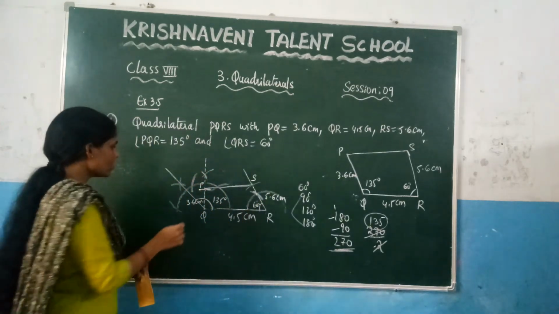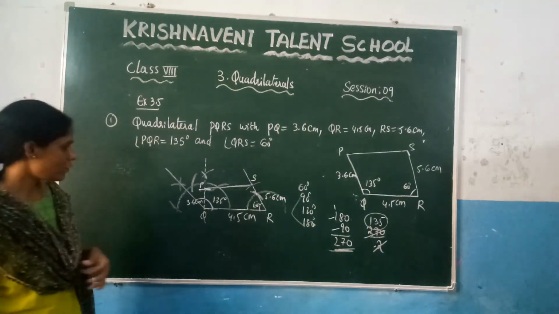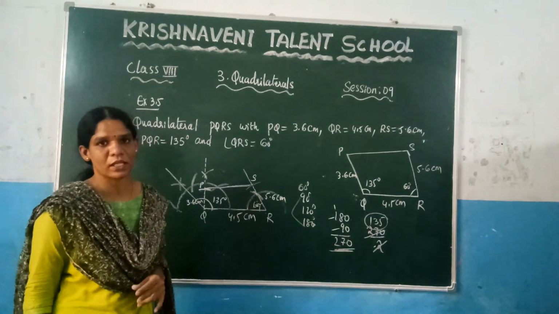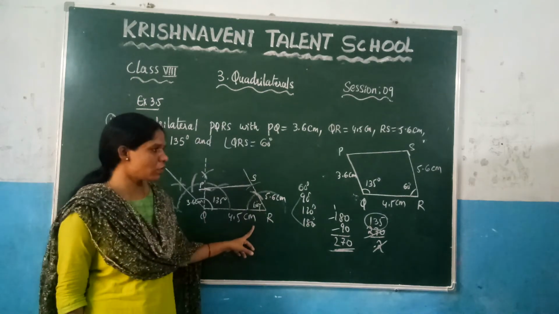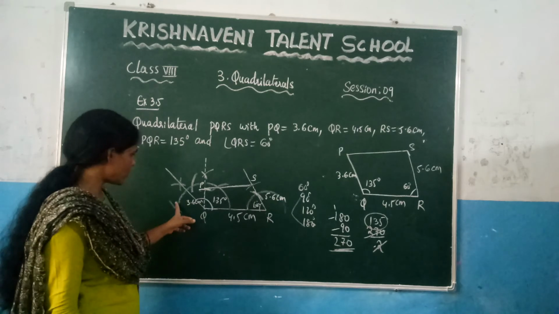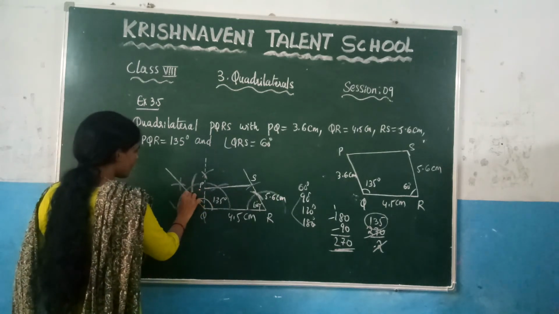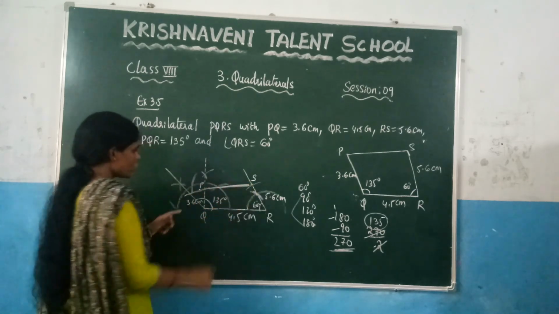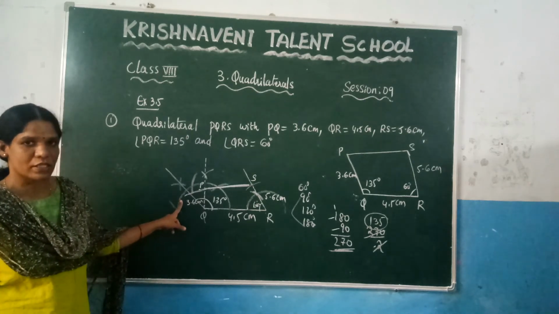Like that you need to construct the given quadrilateral. So we have constructed this quadrilateral without using the protractor. So first what we have drawn? We have drawn the line segment of length 4.5, and after that at point Q we have drawn 125 degrees, and after that, joining 135 degrees, we have joined this one. So at 135 you need to draw one more arc, which is 3.6 centimeters.